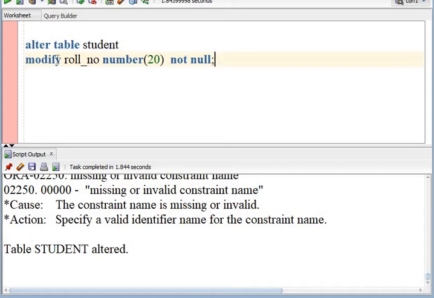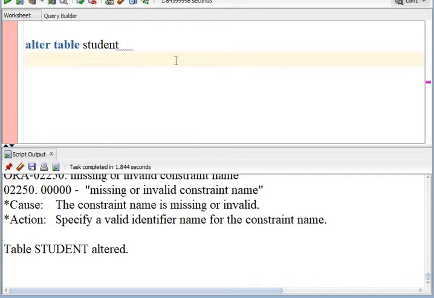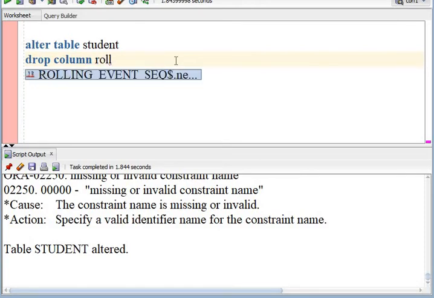How can we drop any column or remove any column from the table? For that we can use the drop column command. Drop column, and let us say we want to drop this roll number from the table.